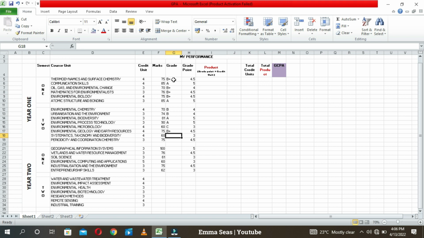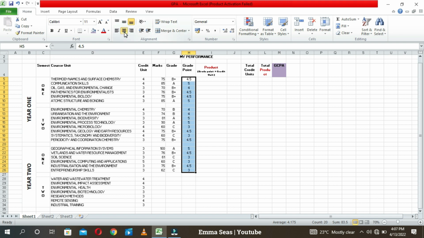So this is a 60, a C. This is a B plus. Okay, so this is an A. This is a B, B plus. And this is a C. This is a B plus. Then this is a C. Okay, I can try to center this. I can center this and this. So we can assume that